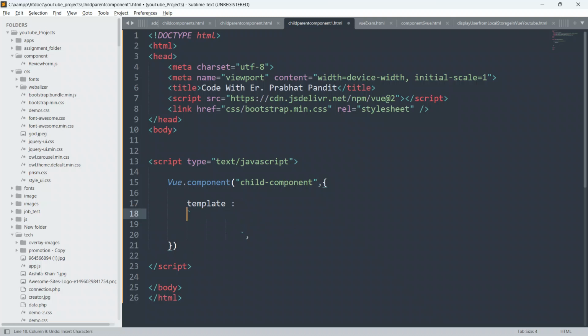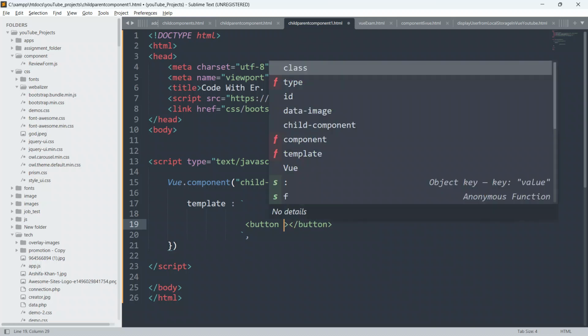Okay, so let me create a button first, and close this button, and inside this I will create a custom method also. So guys, in this video we will also learn how to create a custom method, and what the emit function is inside Vue.js.